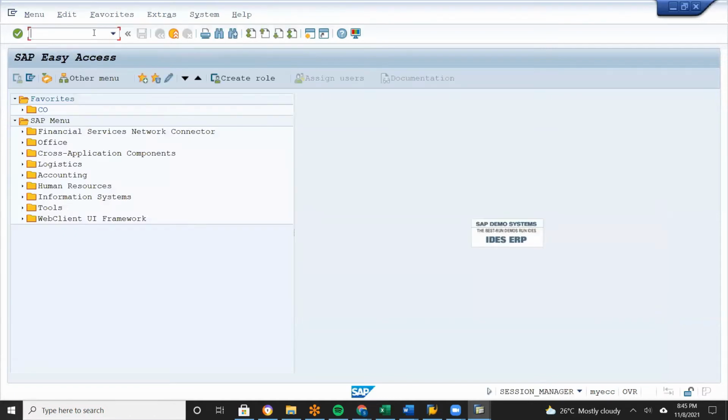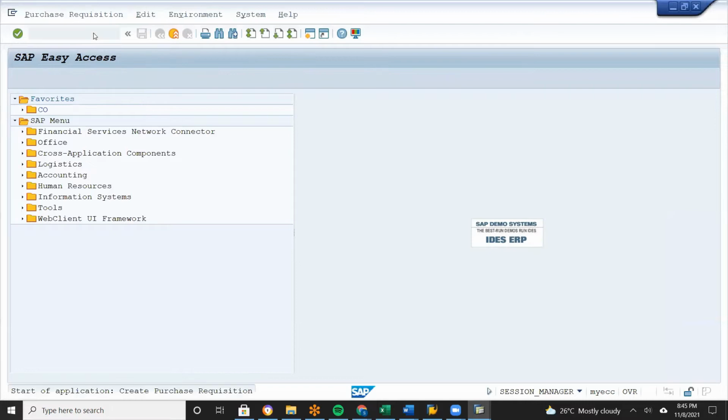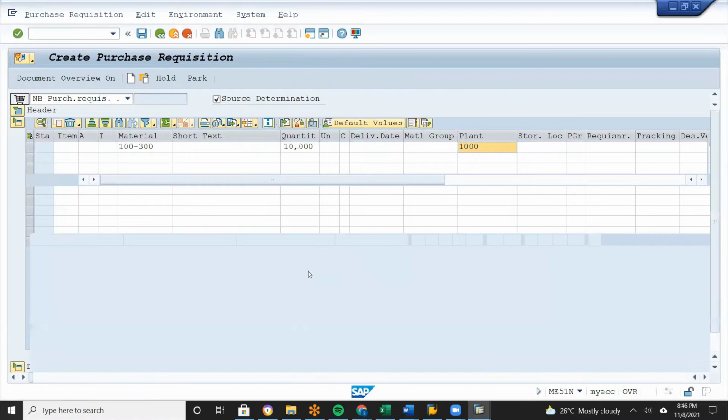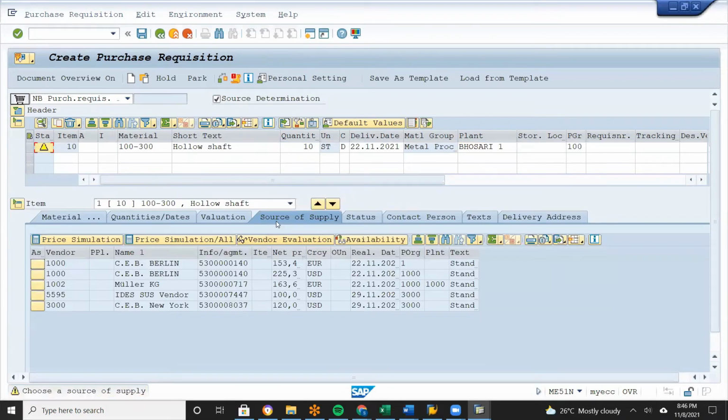Now let us go and create ME51N and check this source determination. Enter this material 100-300 and enter the quantity 10. Then enter the plant 1000 and click on enter. So if you see, when you go to the item detail screen under source of supply, the multiple vendors have